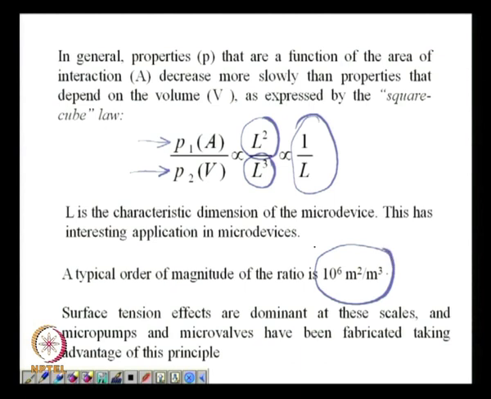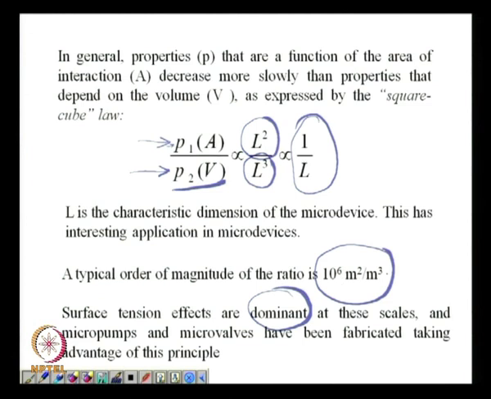Now if you think of it this way, you would see that when you keep on reducing the size of a device, slowly the surface tension will start to predominate over a force which denotes on the mass. It could be the inertia. So surface tension effects are dominant at these scales when the size of the device is in the order of